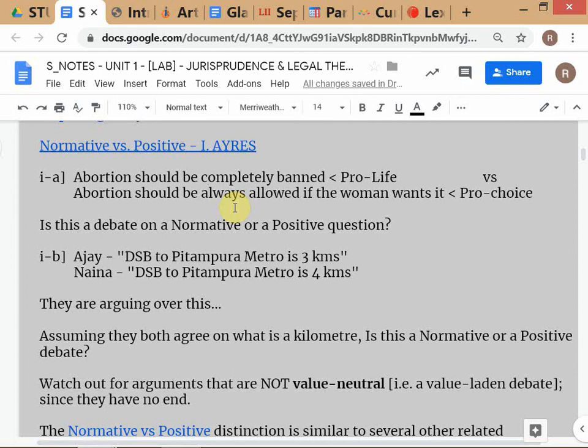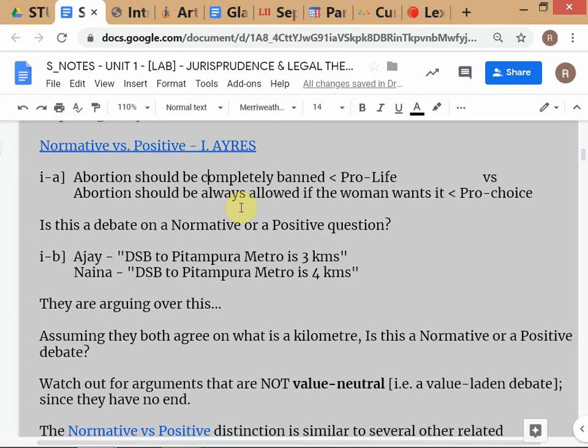All the debates are normative? Not necessarily, because it depends. Suppose we are having a debate on the distance from New York to Baghdad. Maybe you say it's 6,000, I say it's 3,000. We can solve that. We can just go to Google Maps. So I wouldn't agree that all debates are normative.